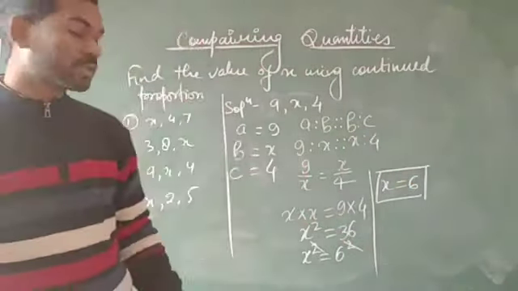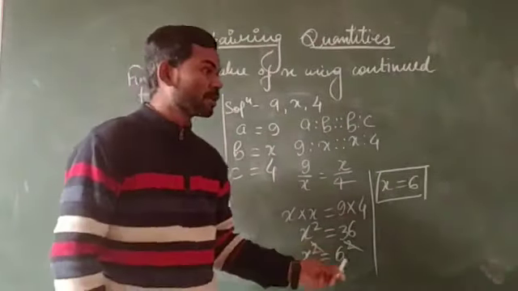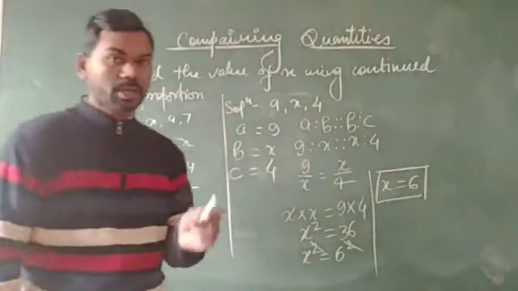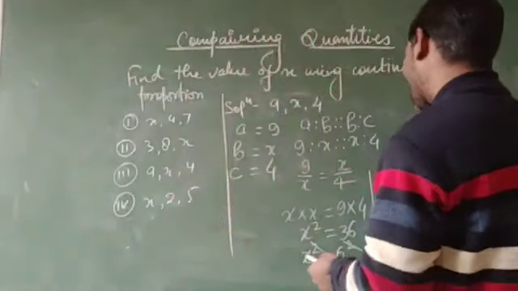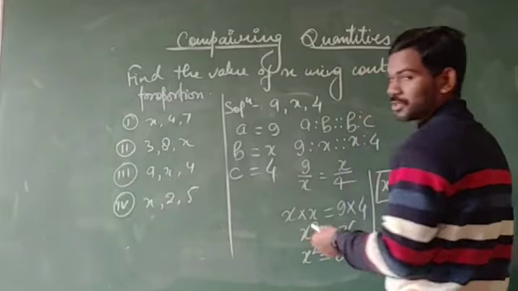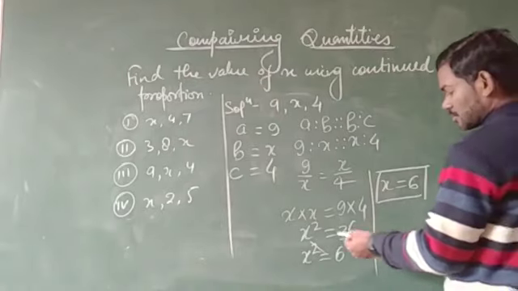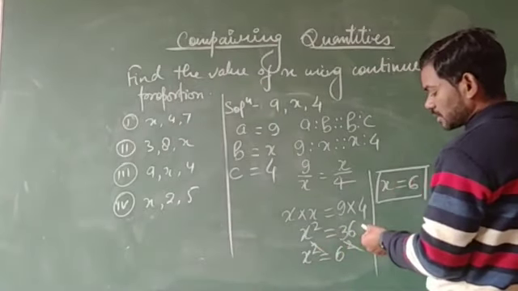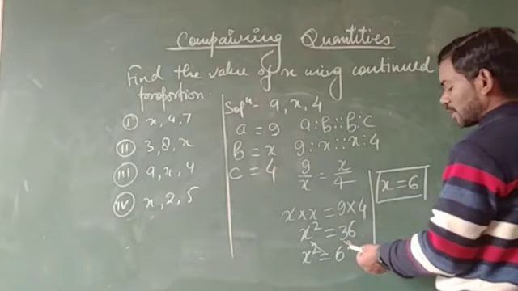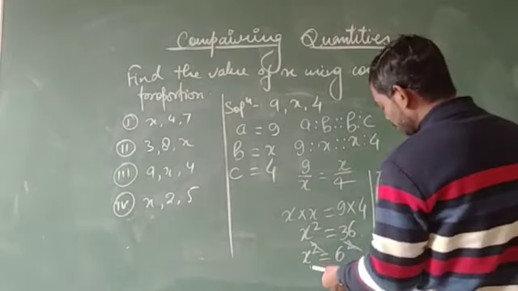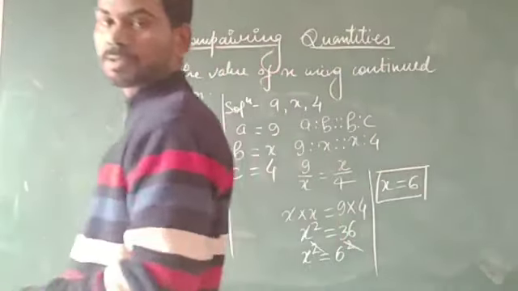Here the solution is slightly different from the other solutions because the middle term of this question is x, and when we do the cross multiplication we get x square on the left hand side. So here we need to find the square root of the other side. x square is equal to 36, or x square may also be written as 6 square. Square and square cancel out, and we get the value of x is equal to 6. And I hope that the solution is clear.